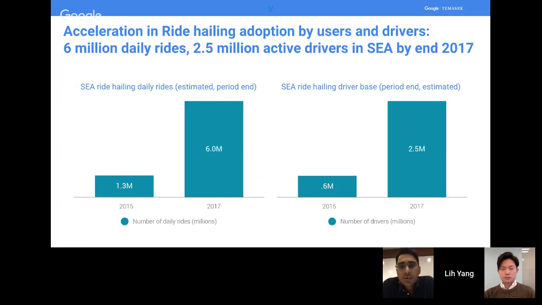And if you think about the other side, which is the number of driver partners on these platforms, who are probably getting a full-time job, or who are genuinely helping people get from place A to place B in this region, they have also grown in a very big way. We now have 2.5 million driver partners across the Southeast Asia region working on a ride hailing service. So amazing growth in the number of rides on the user side, equally balanced by the growth in the drivers who are supporting this entire ecosystem in a very big way. So if you understand what all of this is leading to in terms of market size, if you go to the next slide,